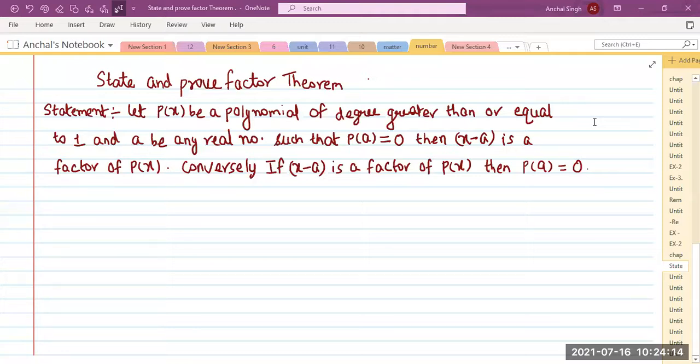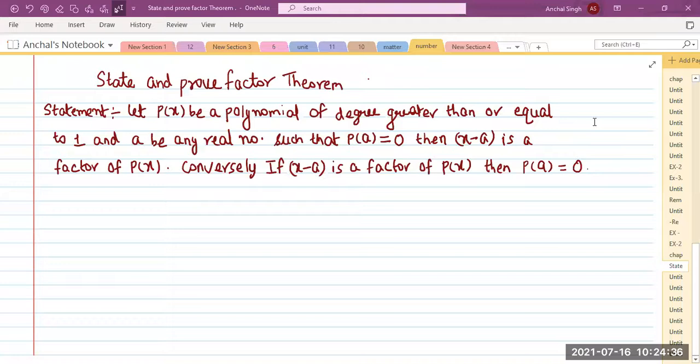चलो, so students, good morning. Today we are going to start with the new topic, statement and proof of factor theorem. ठीक है, पेपर में क्वेश्चन इस तरह से आता है, state and prove factor theorem. ठीक है, now what do you mean by factor theorem? Obviously it is based on factors, है ना. Theorem which is based on the concept of factor is known as factor theorem.